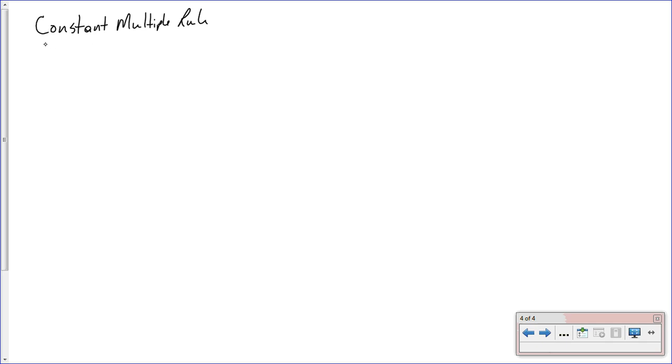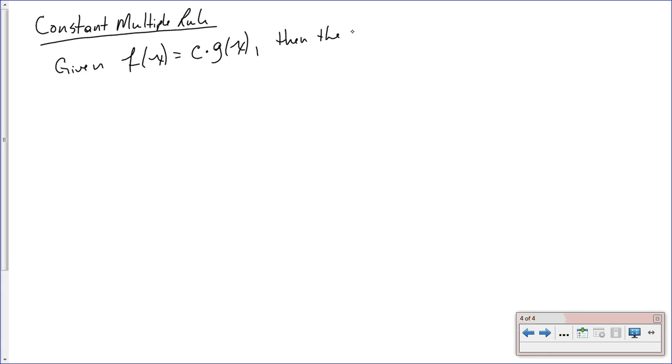All right, let's look at the constant multiple rule. So given f of x equals c, some constant c, times g of x, then the derivative is c times the derivative